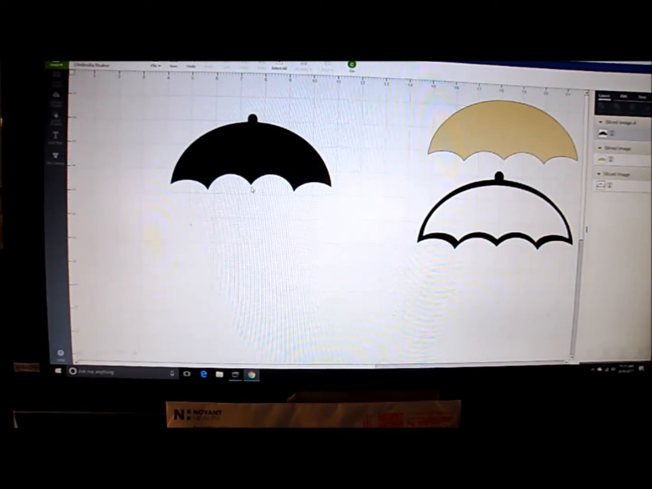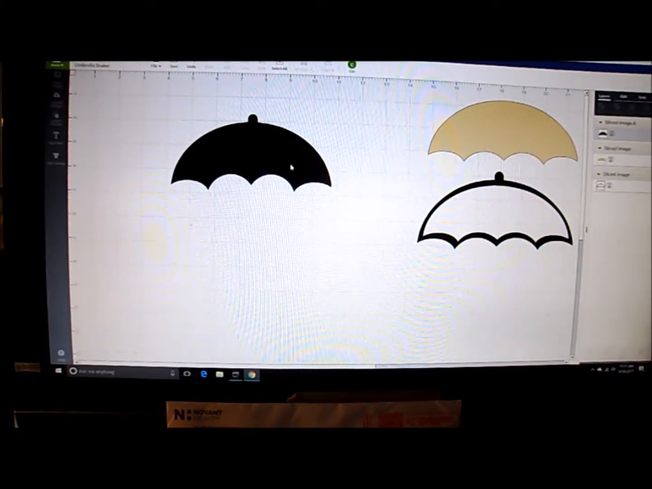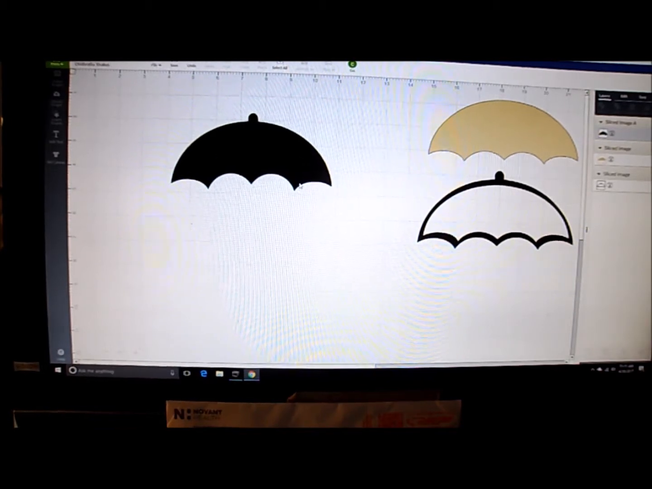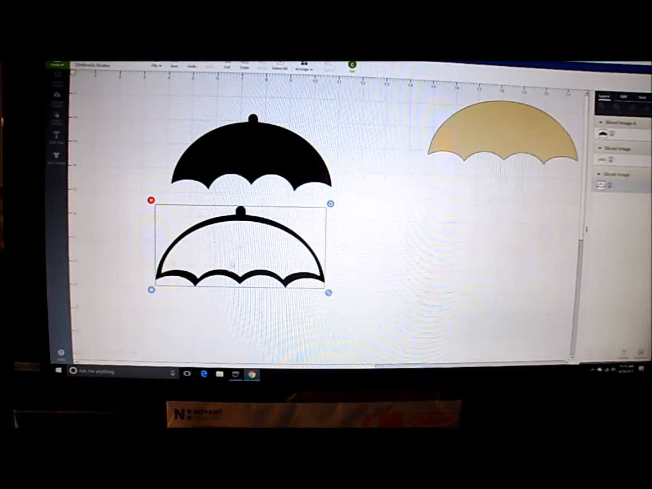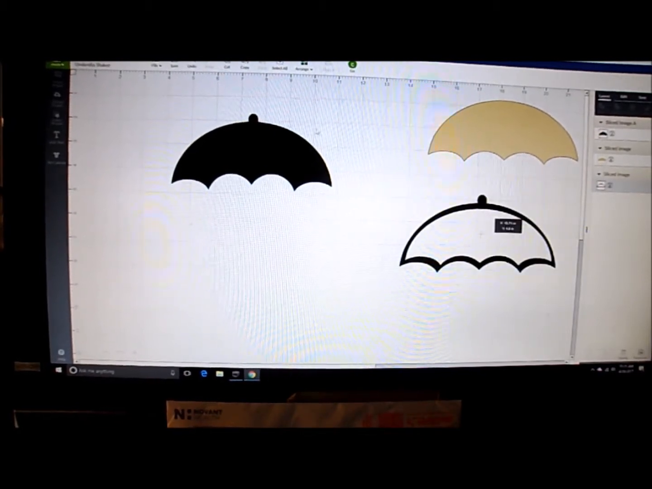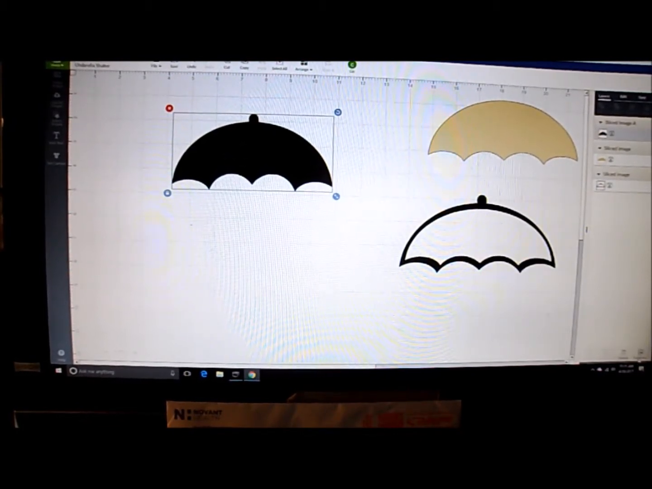Alright, so then there's your shape. It's a little bit higher than I would like it, so again you would have to tweak it to your liking. So then what I did, how I got this cut out, I duplicated the image